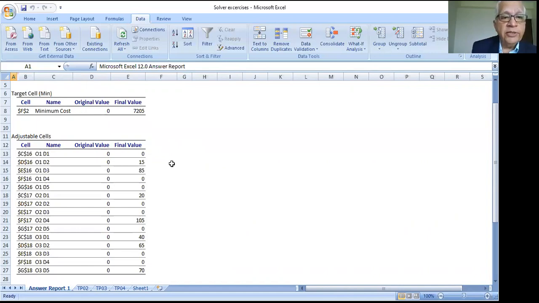And see how many allocations are there. Let's total up: 1, 2, 3, 4, 5, 6, and 7. 7 allocations. Using our own algorithms, the northwest corner rule, least cost method, Vogel's approximation method, or the MODI method for phase 2, we require m plus n minus 1 allocations, where m is the number of rows and n is the number of columns. In this case, 3 plus 5 minus 1 is 7, and we have got actually 7 allocations. So we have got a non-degenerate solution of the original problem.